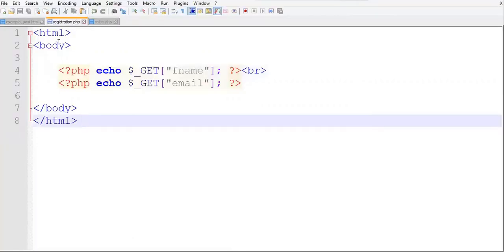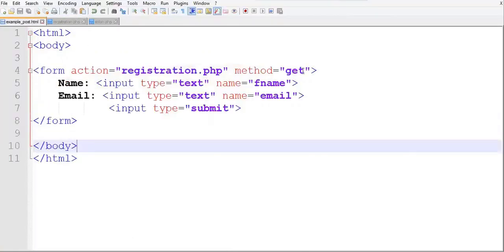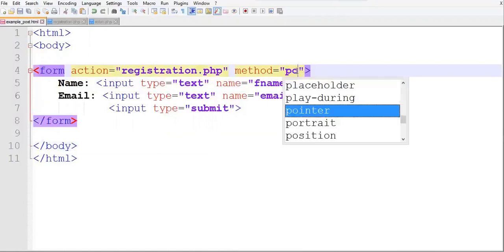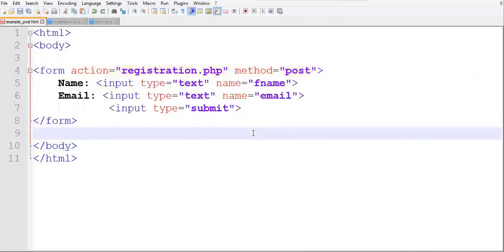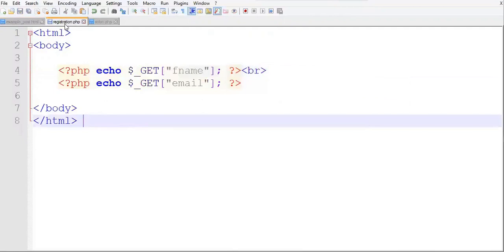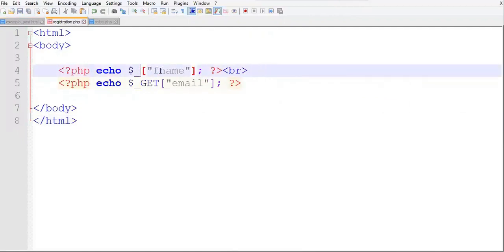Now let us see the post method. In the same example, I will just change this method to post, and we have to change it here also. Now let me not change the second $_GET.